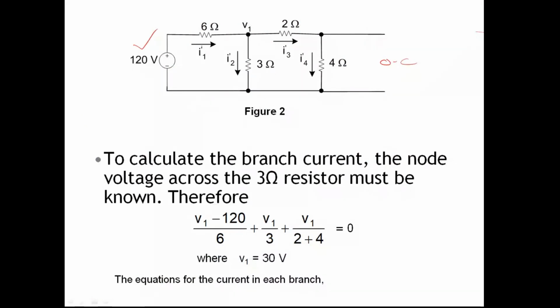Now you find out the currents. These currents we have designated as I1 dash, I2 dash, I3 dash, and I4 dash. Right, where I1 dash, I2 dash, I3 dash, I4 dash are the branch currents when the 120 volt voltage source is acting alone. That we can write here, right? I1 dash, I2 dash, I3 dash, and I4 dash are branch currents when the 120 volt source